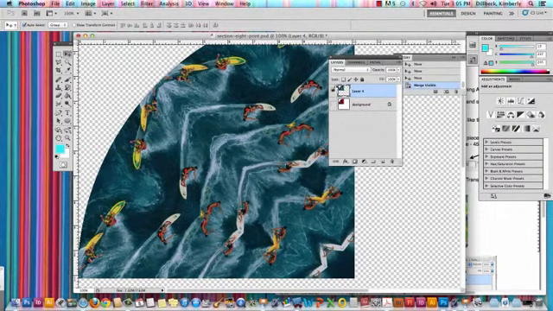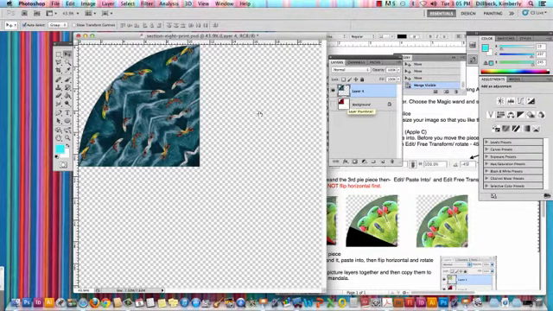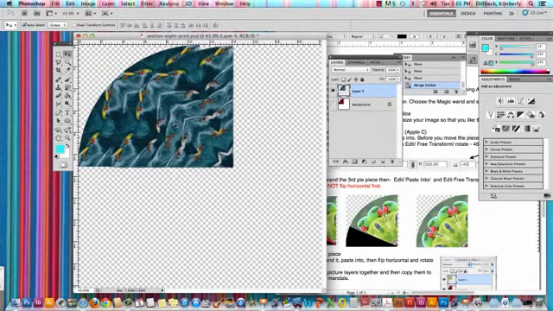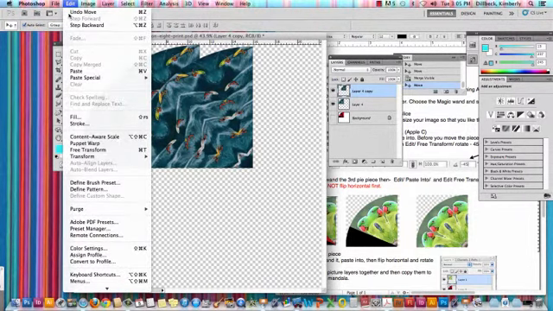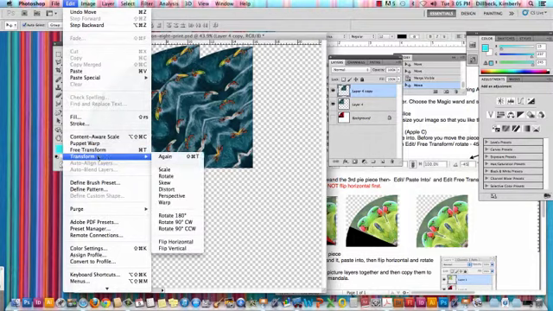Alright, so it's removed my mask, which is fine, and it's put them all together on one. So this is going to make life really easy for me to complete the circle. I need to copy, and remember that Option drag command is very handy there. So I need to flip this, so I'll do Edit, transform, flip horizontal,